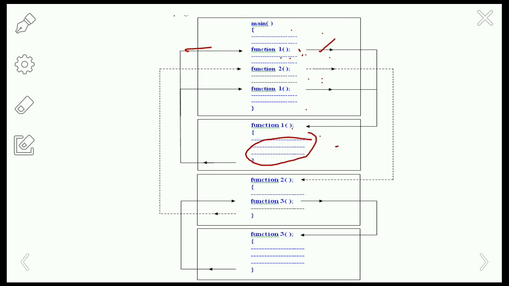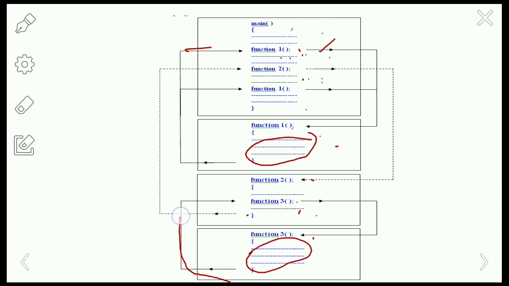Similarly, if function 2 is called, then the control will automatically pass to function 2, and the main function will go to sleep. In function 2 we also have a call to function 3, so the control will pass to function 3, and its statements will be executed.